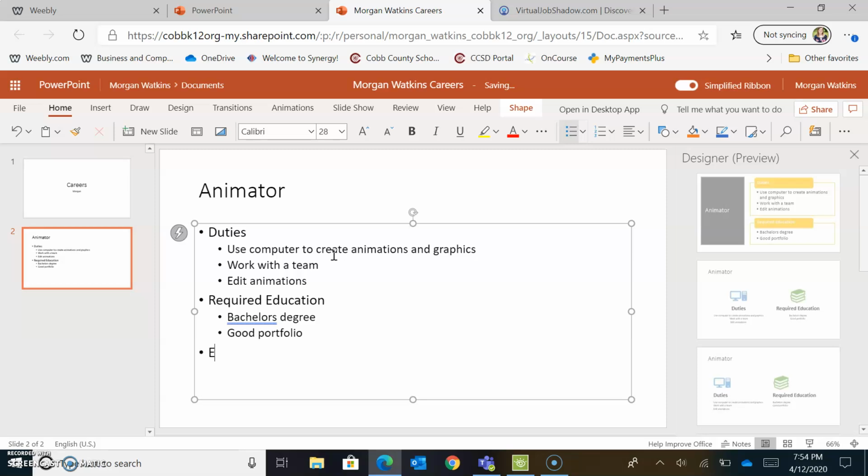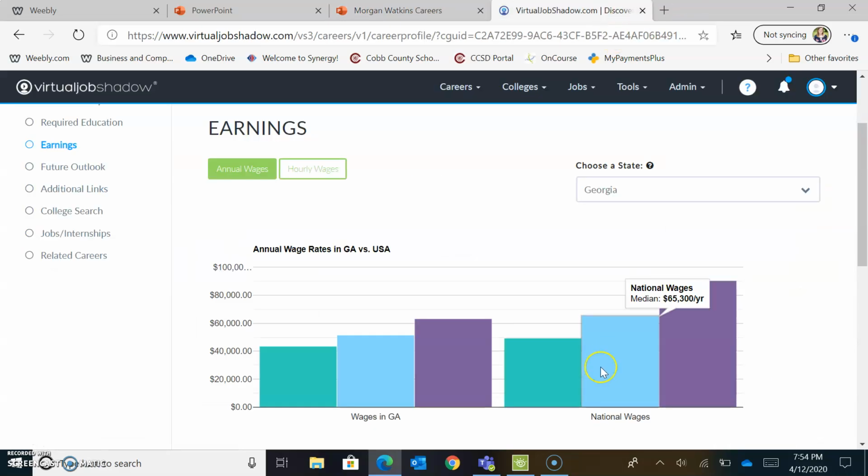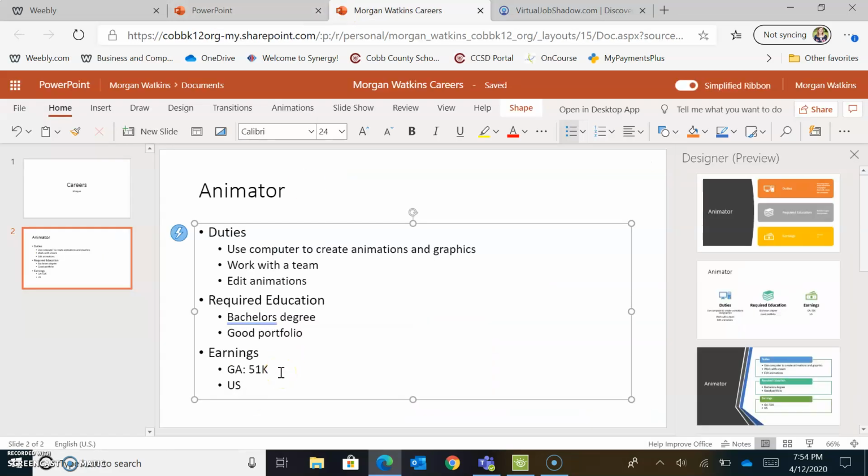Shift tab, earnings. Georgia is going to be 51,000, and the US was going to be 65. So of course you can see the high end and the low end there, but this is just to give us a good idea. And that K just means 1,000. Again, I'll press enter,